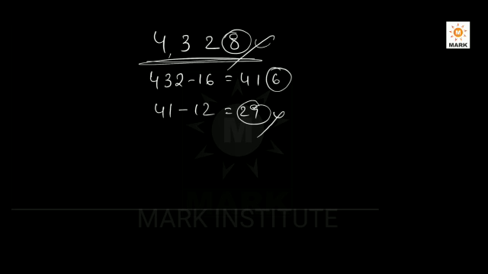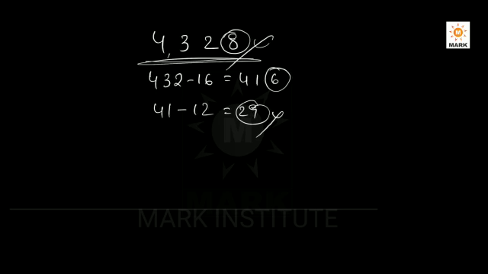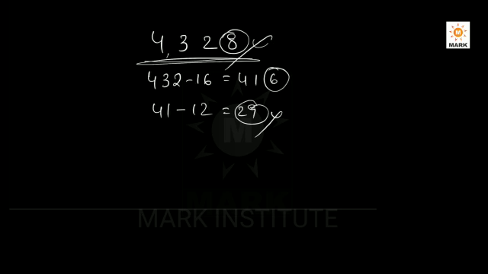So this is the easiest way. Double the units digit, subtract it from the remaining number, and again double the units digit and subtract from the remaining number. You have to keep repeating this process until you get a number equal to 0, 7 or a multiple of 7. Then we can say that the original number is exactly divisible by 7.